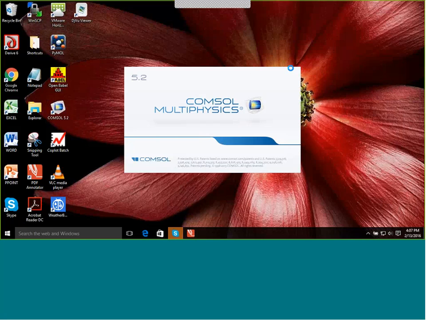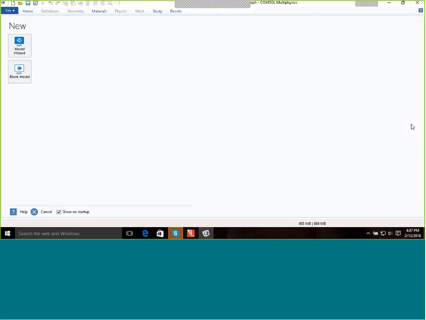Notice I'm using COMSOL version 5.2. Students at UMBC are using version 5.1. That might lead to a little compatibility issues. And if you're using version 4, the interface looks very different than this. So this tutorial is really for the newest version of COMSOL, at least the newest version in February 2016, which is version 5.2. So start up COMSOL, and you can see here the initial